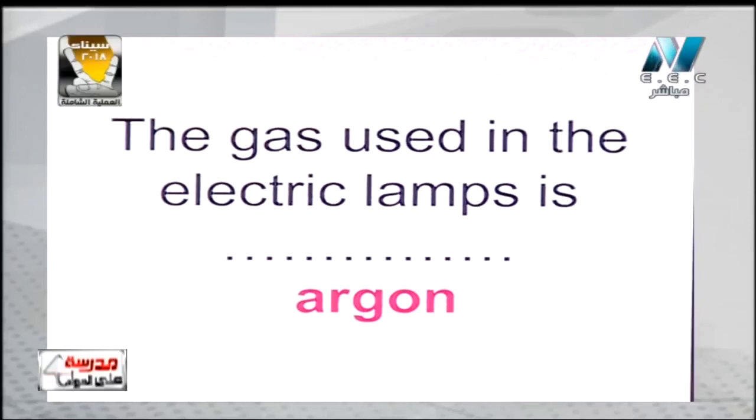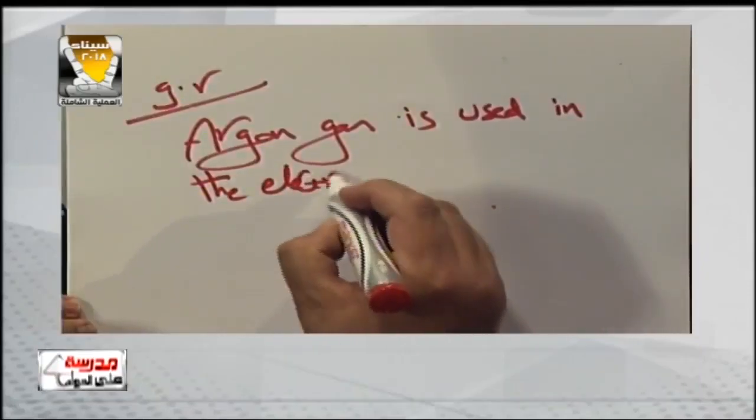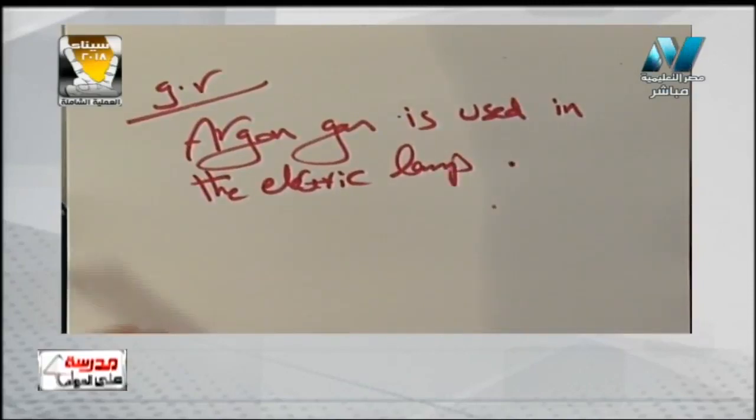So now I have a very important give reason question in this point. It says give reason why we prefer argon gas inside the lamp. Why do we use argon gas inside the lamps? So the question says give reason. Let us write this question. Give reason. Argon gas is used in the electric lamp. Why do we use argon gas specifically in lamps? Because